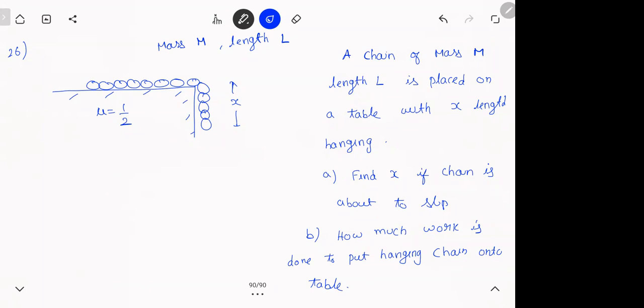Hope the question is clear. Question of friction is asked. Any doubts on the question, please ask me. Question is clear, go ahead. Think about it. Try on your own. First part, everyone should get it. That's what we did in the class. I'll give you 2 minutes for the first one.